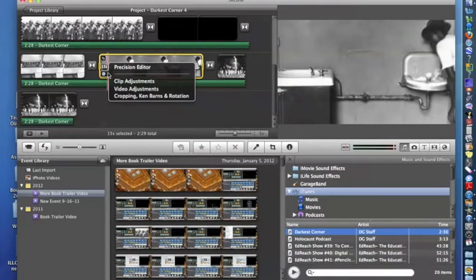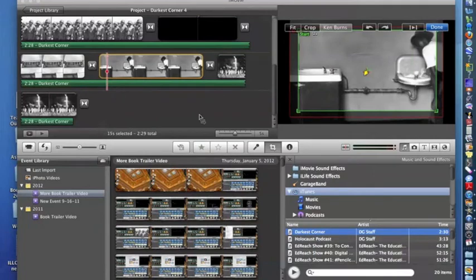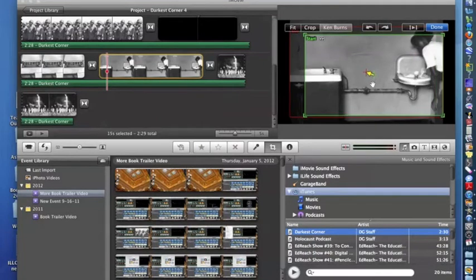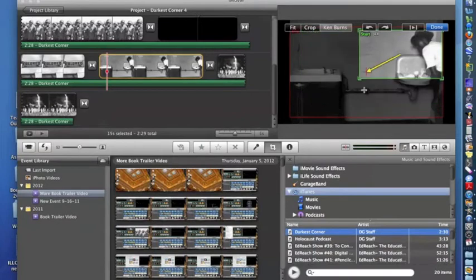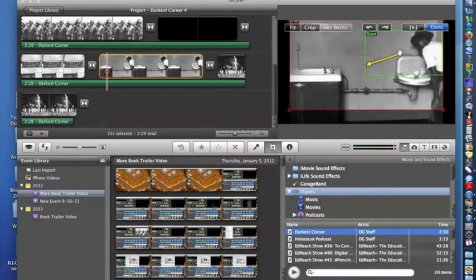The Ken Burns effect is something that, when you click on the little down arrow, you have clip adjustments, which you've been using. Video adjustments, you don't need to worry about that. We're not using video. The cropping, Ken Burns, rotation. You can click on that, and it gives you the ability to basically draw your person's eye to different parts